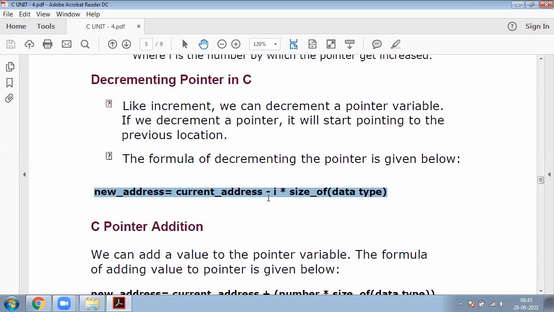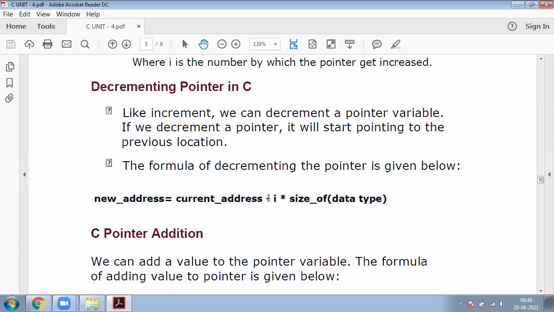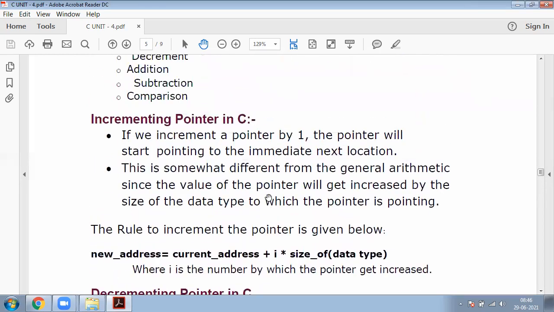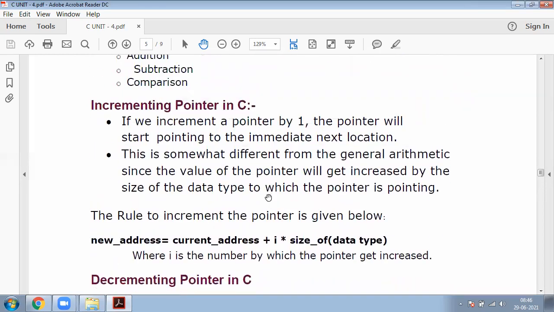New address equals current address minus i times size of data type. This is the formula for decreasing the pointer in C. So this is about increment, and this is about decrement.